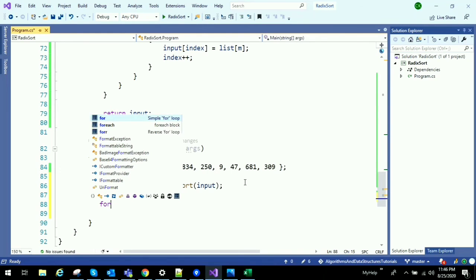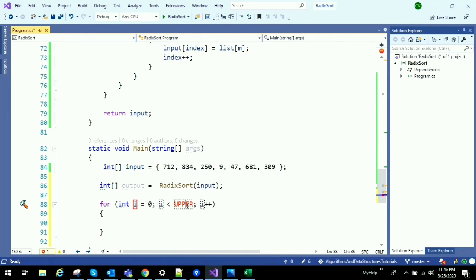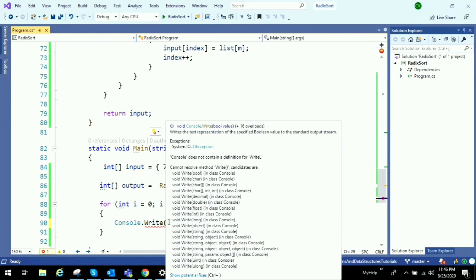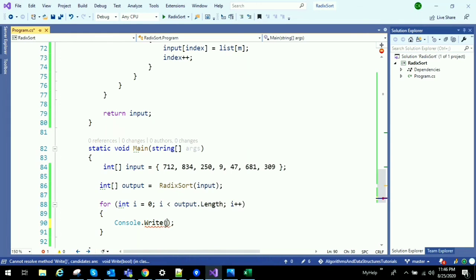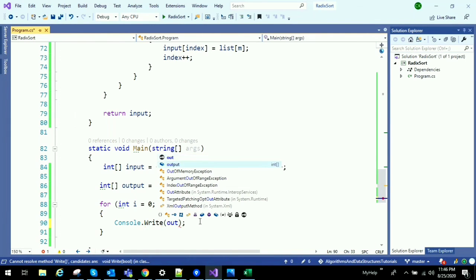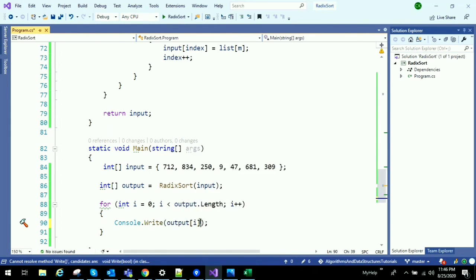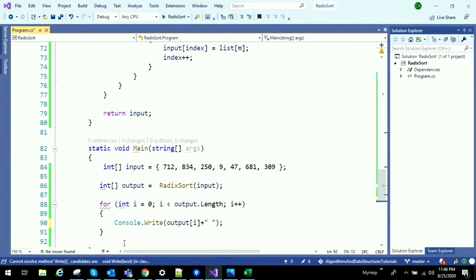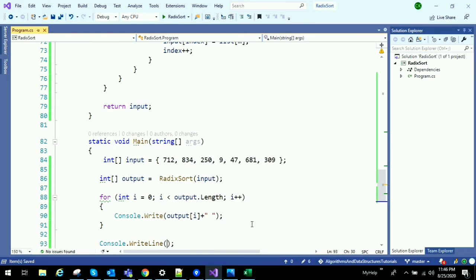And I will print it now, each element from the output with space separation. Let's see.